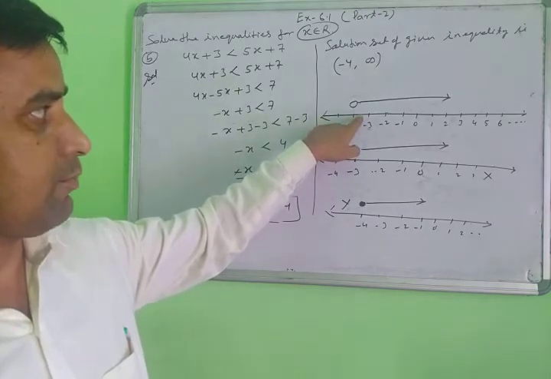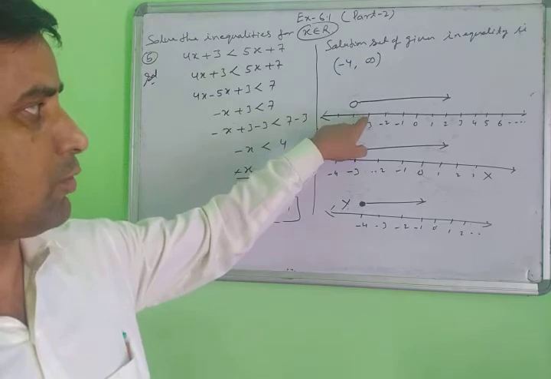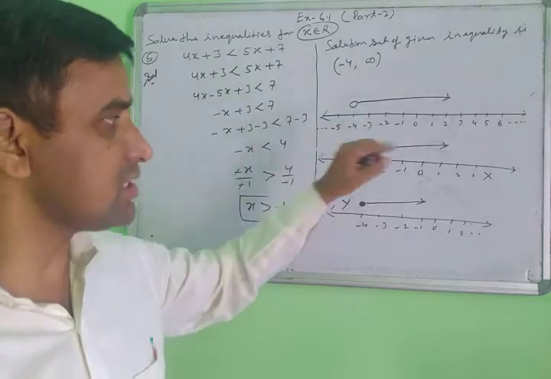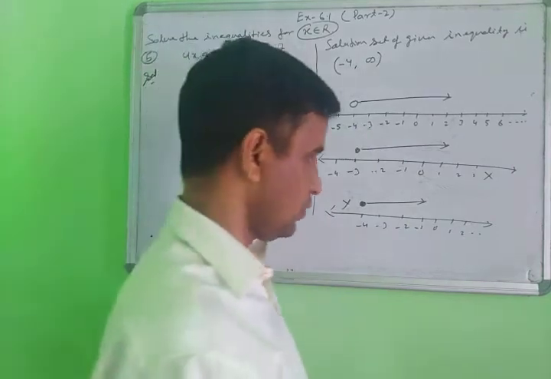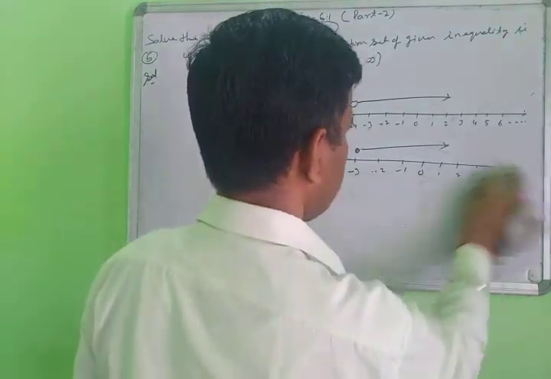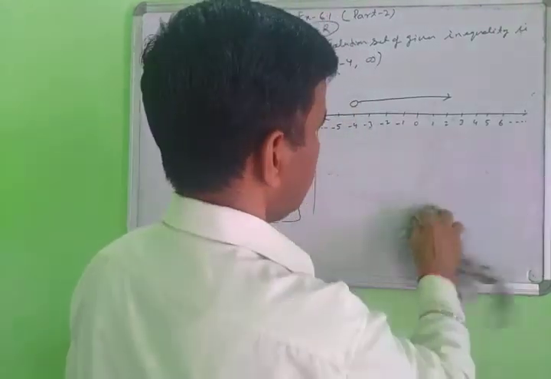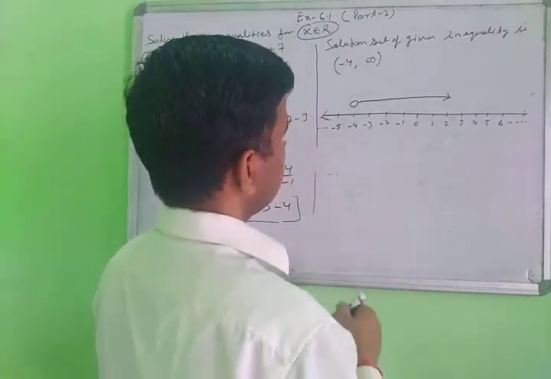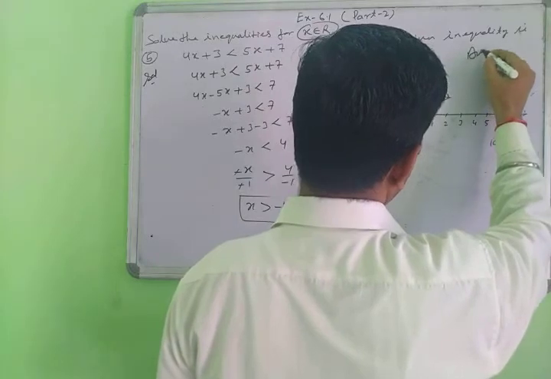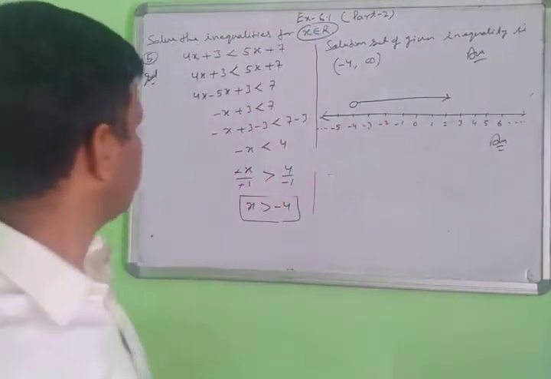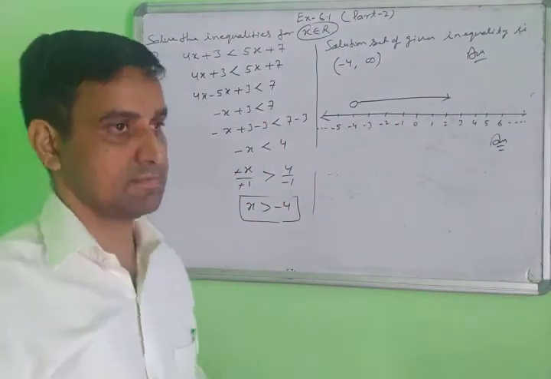Minus 4 plus a tenth, minus 4 plus a hundredth, all of this part, then toward minus 3, all of it will be included. Yes, note this down. This is your number line for the solution of this part. This is also the solution of your part. Just note it down. Then next questions.